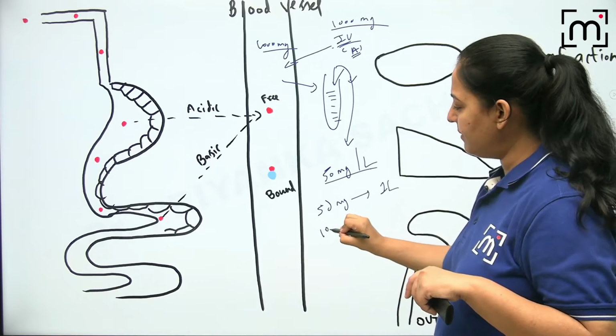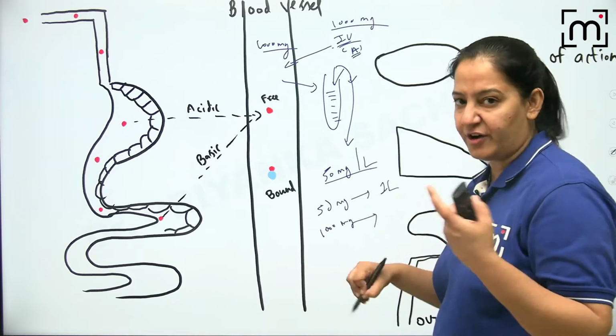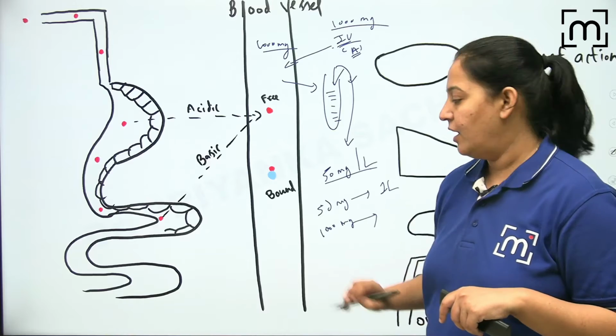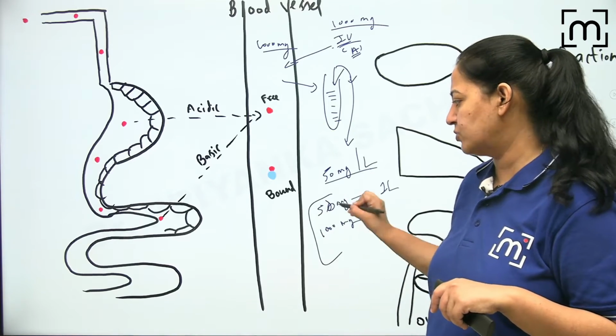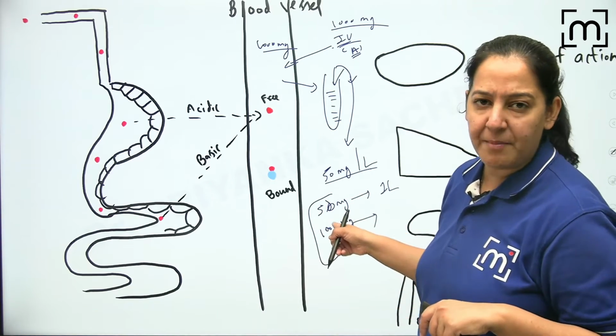Right? So 1000 milligram requires how many liters? I'm asking you a simple mathematics question. You must have studied in mathematics how to solve such cases. If 50 milligram of the drug